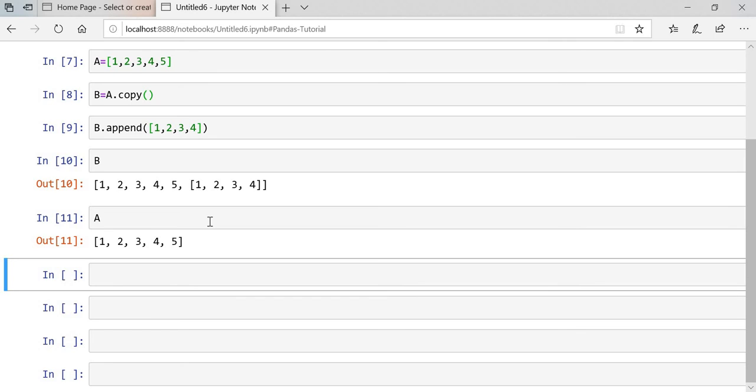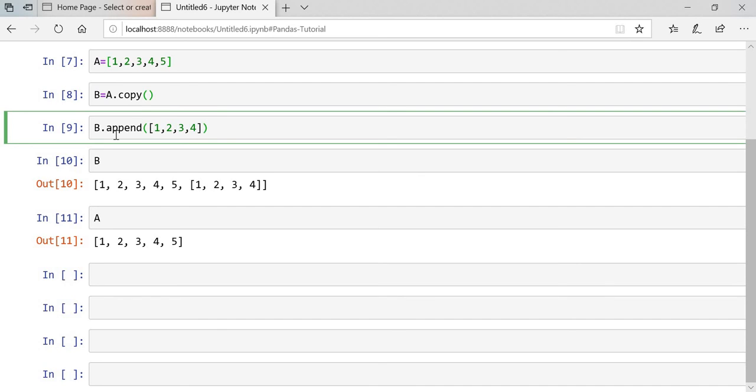If you are working in any company, in that situation you may need to use the old list as well as the new list, but the old list should not be changed. So in that case you should use this copy function, so that if you append to your new list, it will not impact your old list. This is how the copy function works.